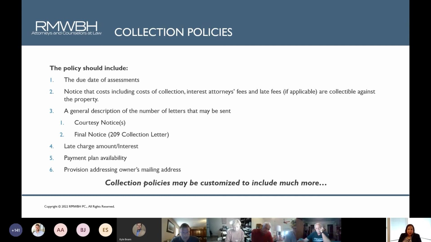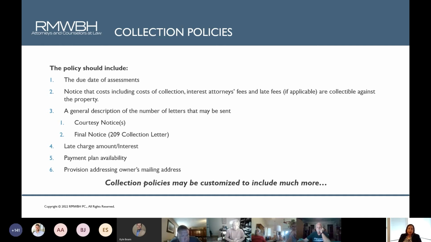There are lots of other things that the association can put in the collection policy, and this is really an area, again, which the board and the managing agent should work with its attorney on what is appropriate and what may be too much or what is too little. But really, more information oftentimes is better to a certain degree. You don't want to always have to be updating your collection policy if there's a lot of information in there and if it's too specific.